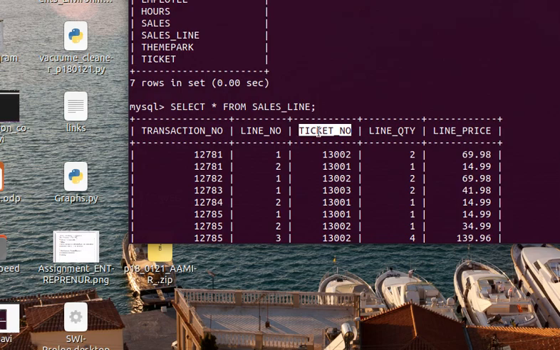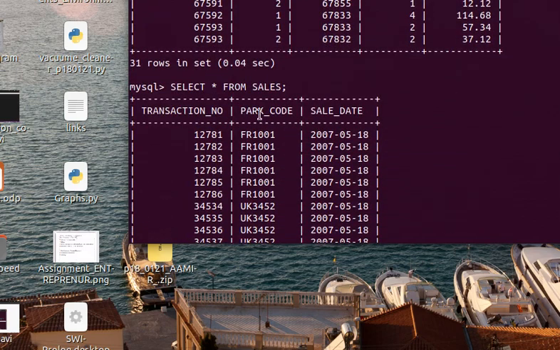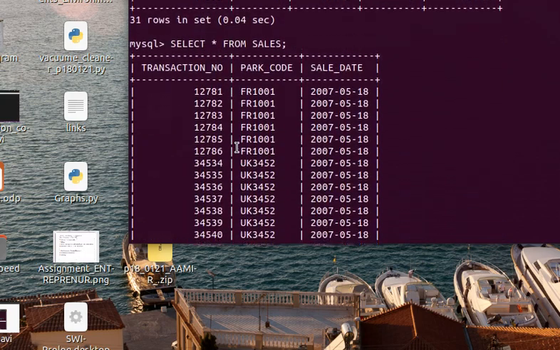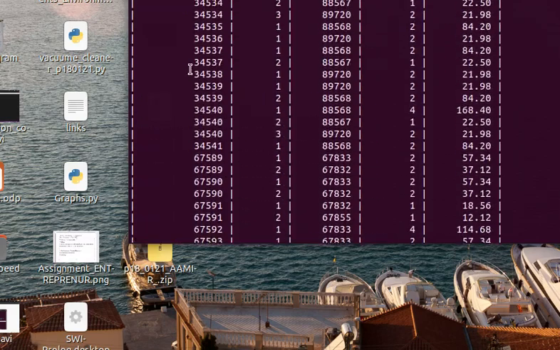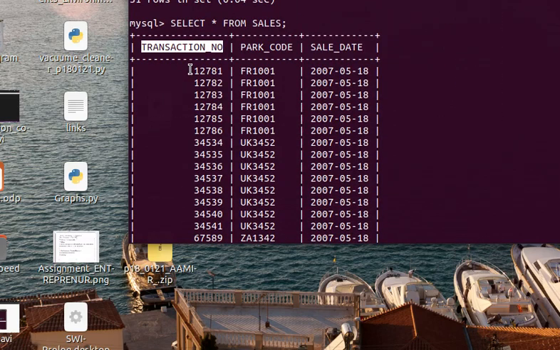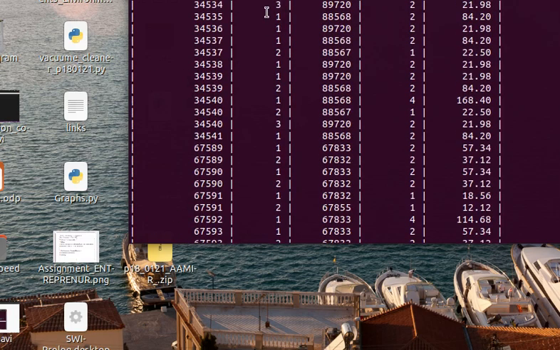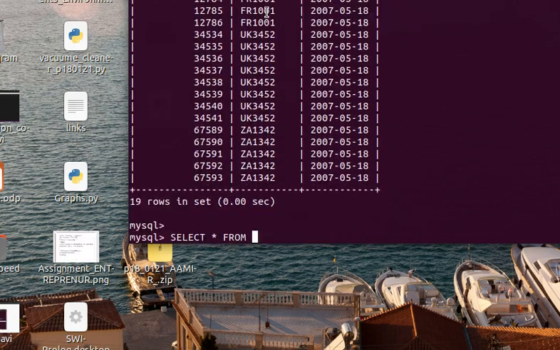So let's check the unique element. It has the ticket number and transaction number, sales, park code. Yes, transaction number is unique in these, so we can join these. So let's find another table with some unique column. So select everything from, let's check employee again.